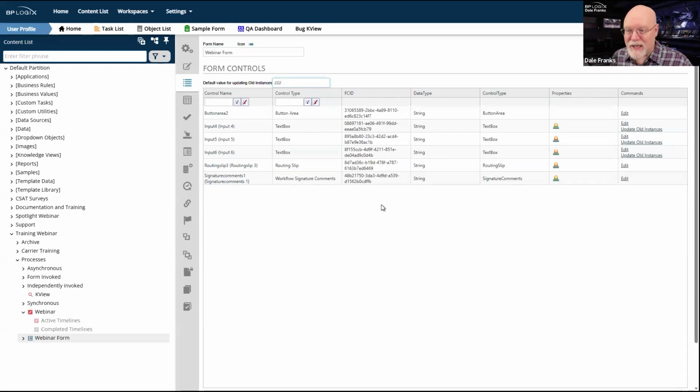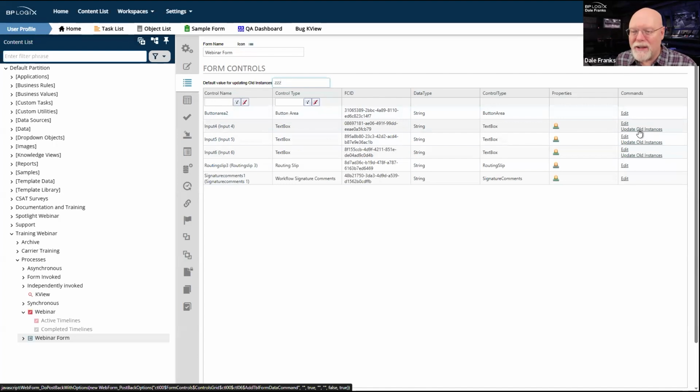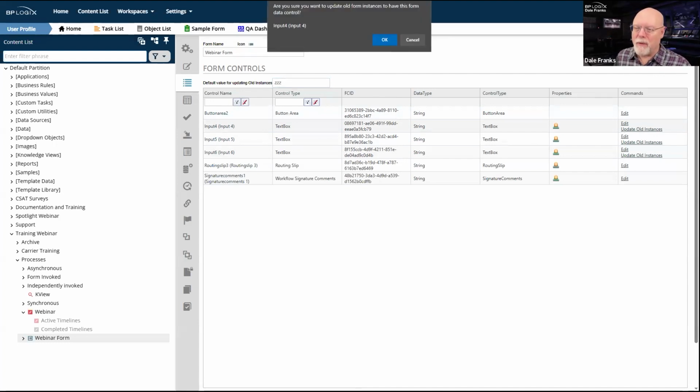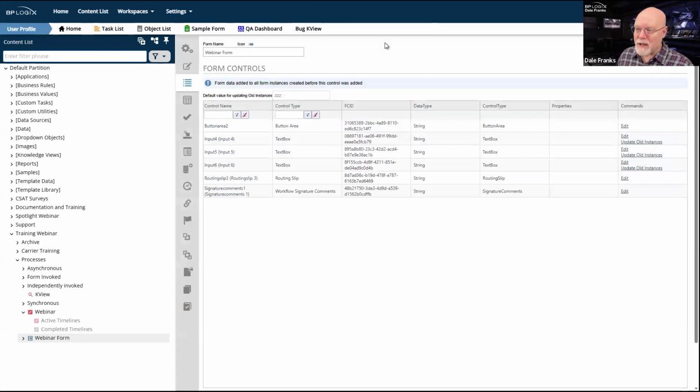I can put ZZZ and I can update all of the old instances on all of the forms with the value of ZZZ as the default value of this new field input 4. It's going to ask me if I'm sure, and please be sure, there's no takesies backsies. Once you hit OK, those old instances have been updated.